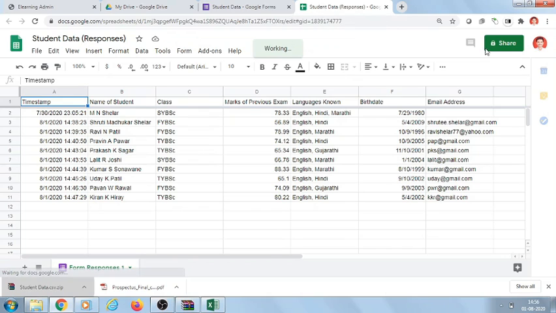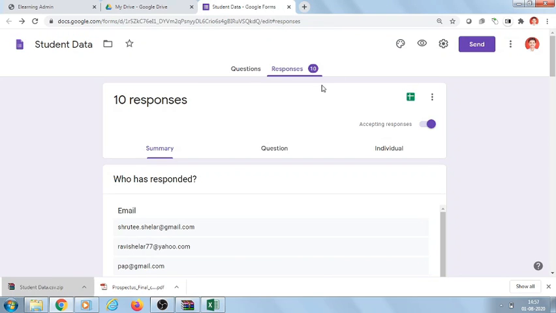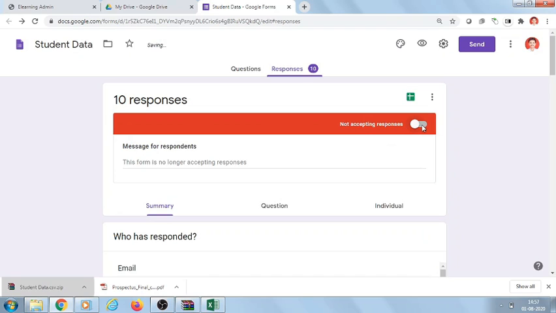We can also share these responses to any user through email. These responses can be either accepted or not accepted. Means if you turn off this particular toggle button, then responses will not be accepted from the user. It will turn off.